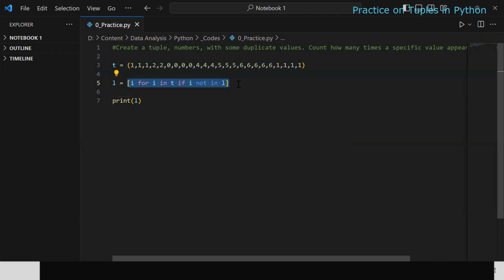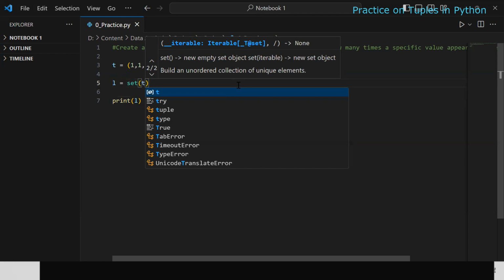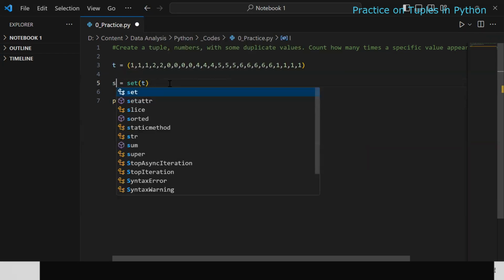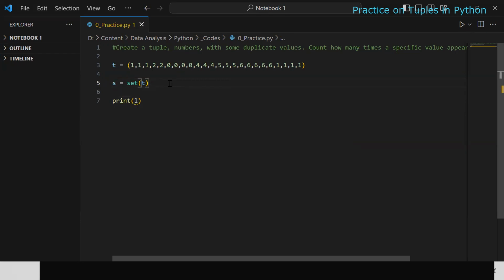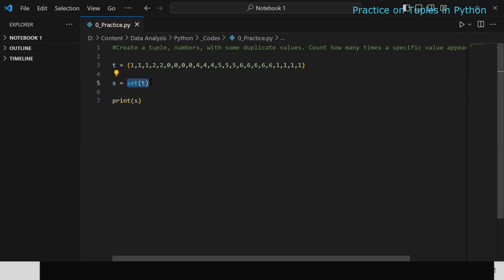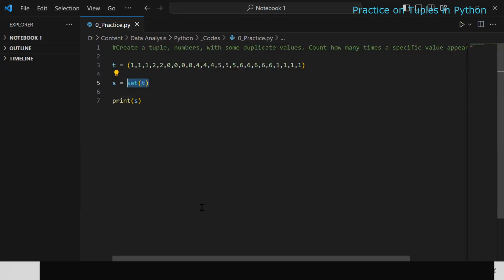Then one more way to remove the duplicate is that we can convert this tuple into the set. So pass this into this set, and I will say yes. Here I'm going to, because set is another collection which removes the duplicate and keeps only unique values. So okay, if I go and if I run this, you can see that I have only unique values here, and for all those values